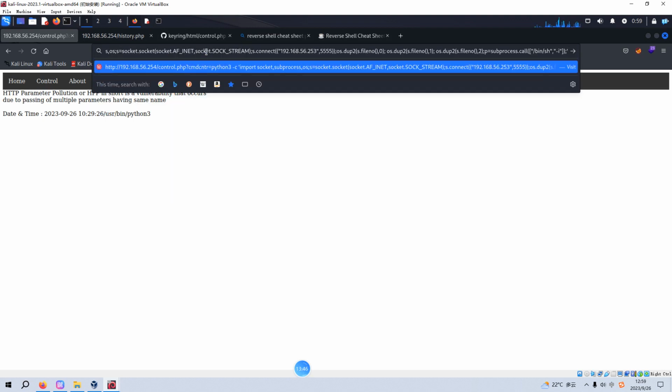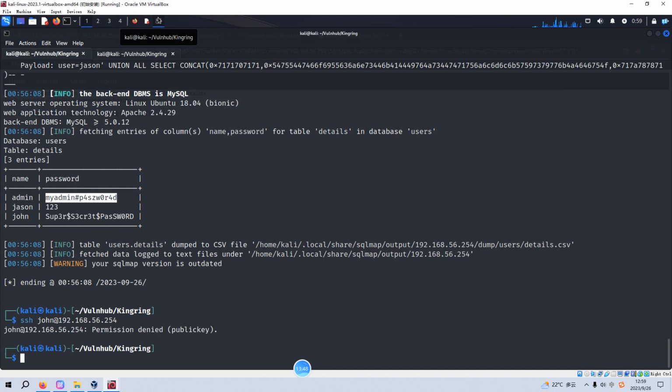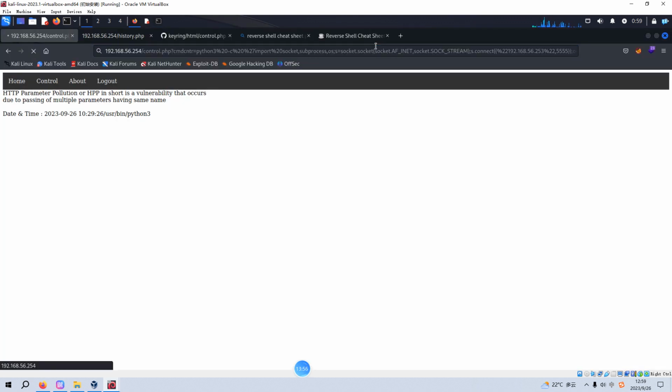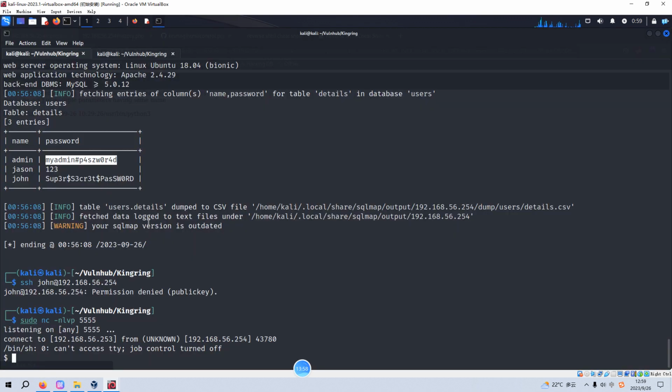But before we hit enter, we need to set up the listener first with netcat, using sudo. And now we can hit enter, and we have already got the reverse shell, originating from the target. We can make it interactive, or friendlier, with pty.spawn